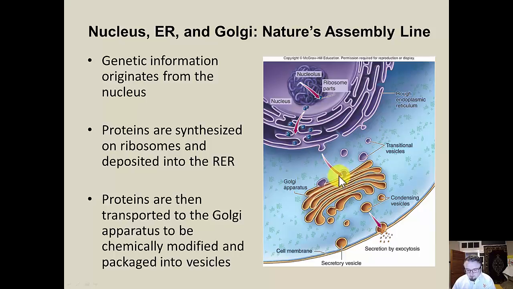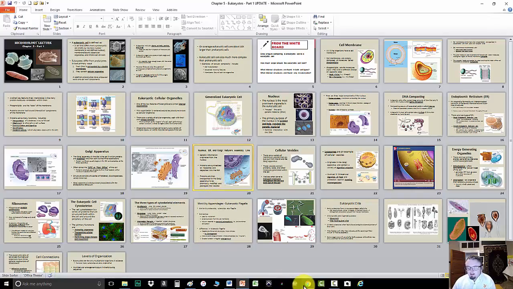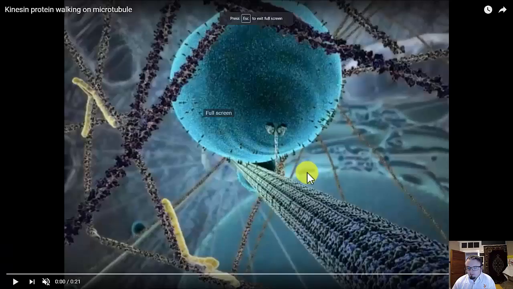The truth is, they don't necessarily do this so magically. They're actually being dragged along microtubules. So we just won't always show that detail because it's so complicated. You can't necessarily just put every piece of detail in every drawing and every figure. So to give a little more detail here and give you a better idea how that works, you actually have a microtubule that would extend throughout the cell, and here's the vesicle, and the way it moves is by these little proteins called kinesins, and what the proteins actually do is move along the microtubule.